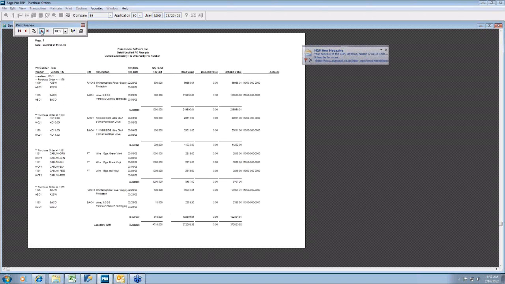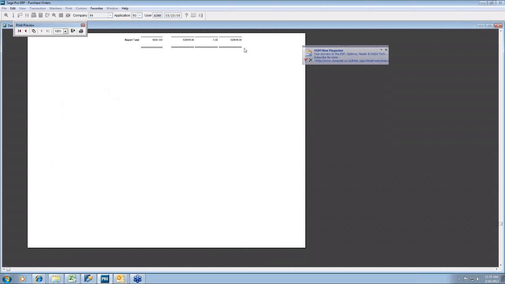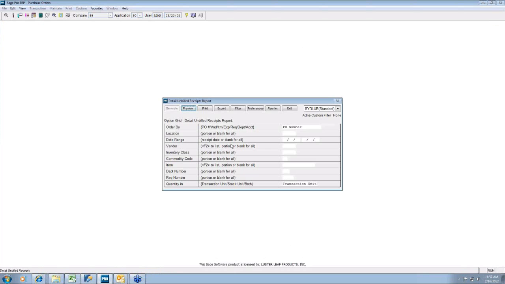Let's see, one more page. And obviously this number was not the value we had in our inventory control, so this one was way messed up, which is not uncommon because people just don't pay attention to it, and you should. So the first thing you need to do is to get your unbilled PO receipts report to be correct. And the way to take something out,